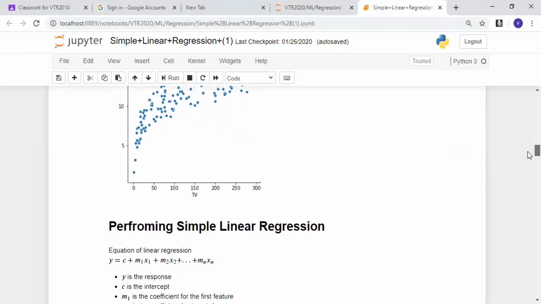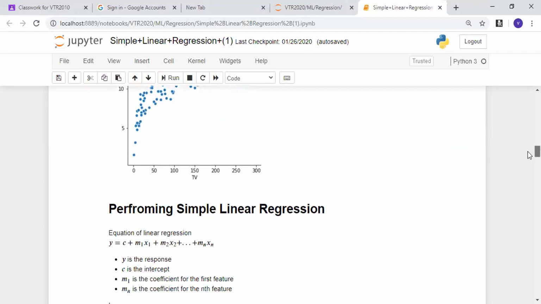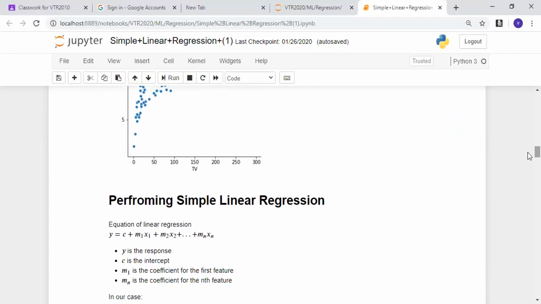We understood the equation. The equation of a straight line is y = mx + c, where m is called the slope, x is called the independent variable, and c is called the intercept. This is what we understood. Now we calculate the equation y = mx + c, because it is only mx + c here. It is not m1x1 + m2x2 + m3x3, because we do not have multiple independent variables. If you have multiple independent variables, then we would have got m1x1 + m2x2 + m3x3 and so on. But in this case there is only one independent variable. So we say m1x1 + c, as simple as that.